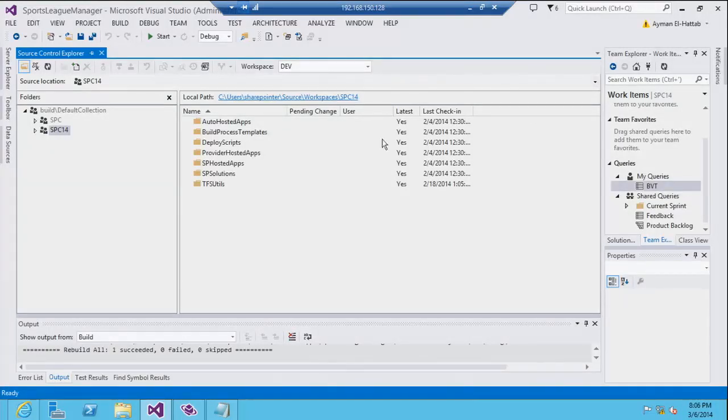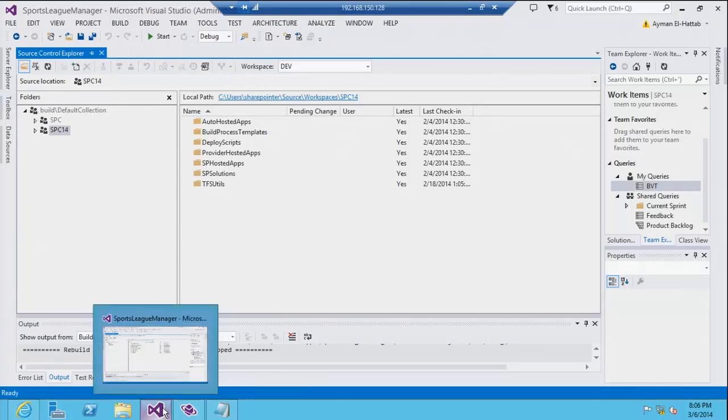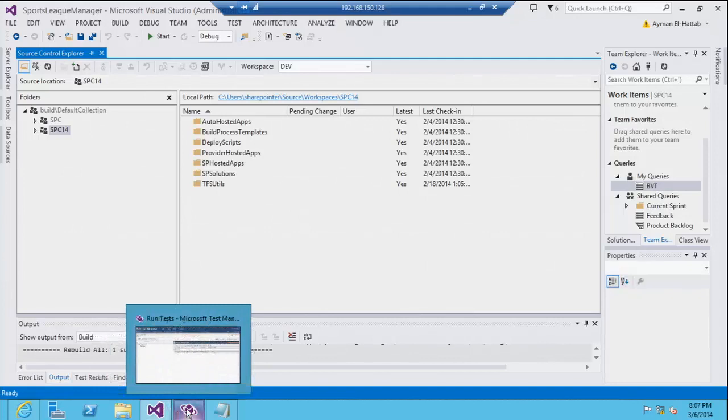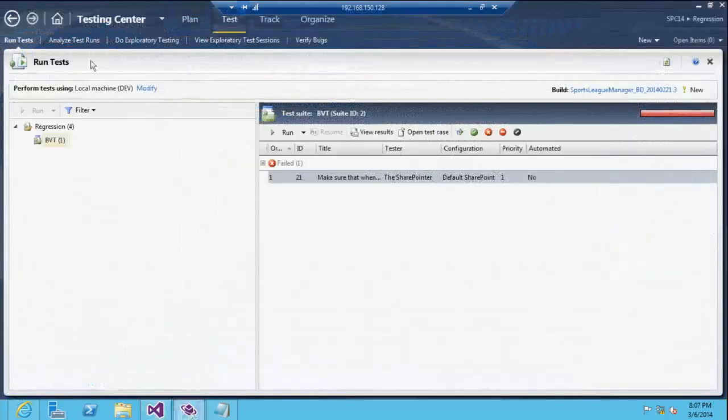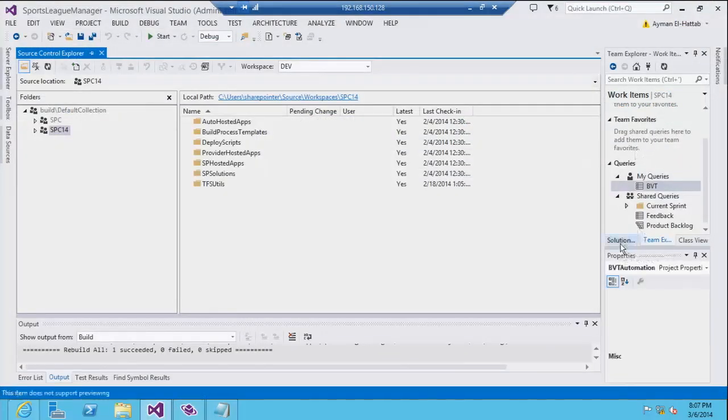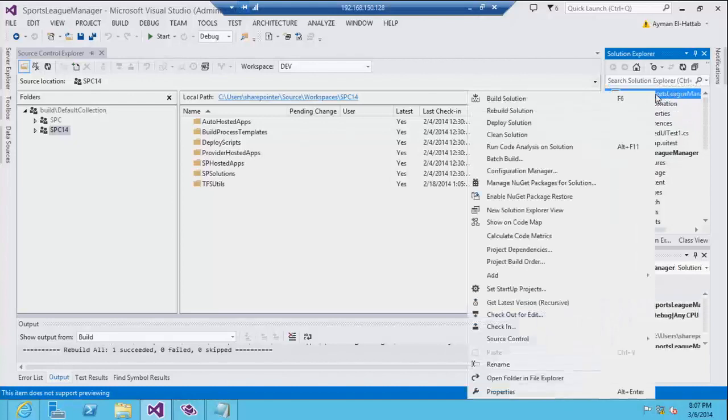Okay. I can, of course, add it to my build workflow, but since we don't have time, I will show you how we can use it from Microsoft Test Manager. There is one step that we need to do, which is assigning. If we have a new build, we need to assign the new build to the test plan. Since we have no build, we didn't trigger any build. Let's first check this into our source control.